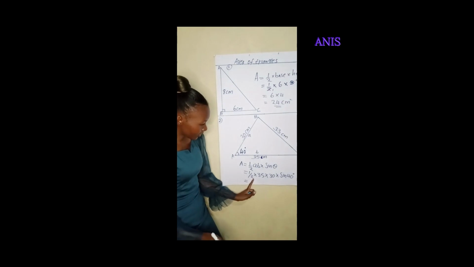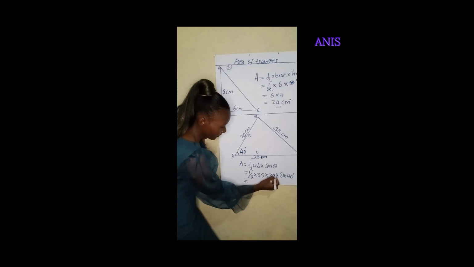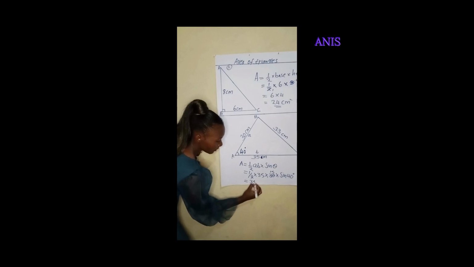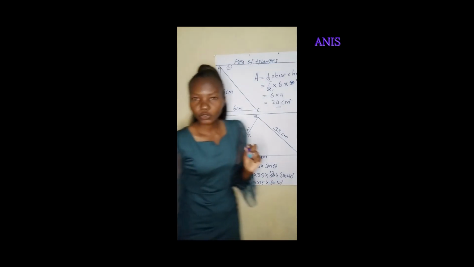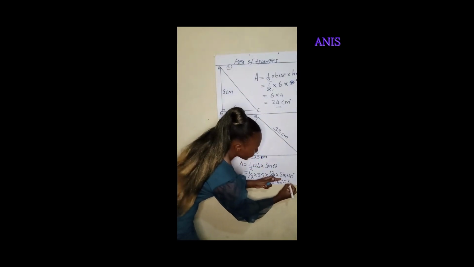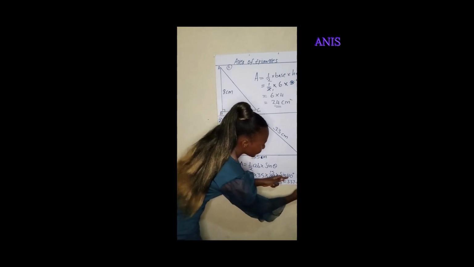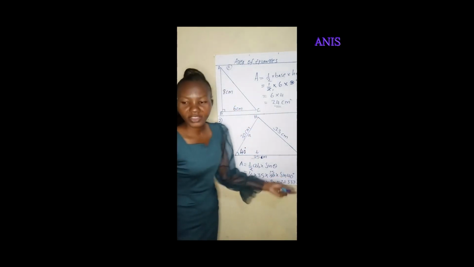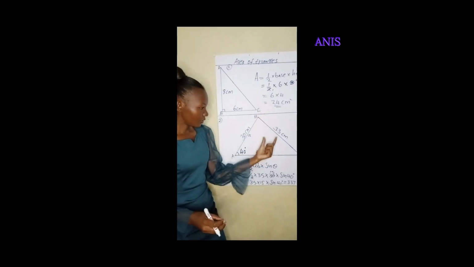So the answer to this one, half times 35 times 30 times sine 40, we can cancel this one, giving us 15. And then we are going to have 5 times 15 times sine 40 degrees. If you use your calculator, you are going to get your answer as 337.46 centimeters squared. So that's how you get the area of a right angle triangle. And even for this other triangle,